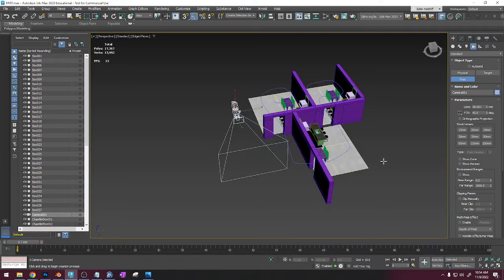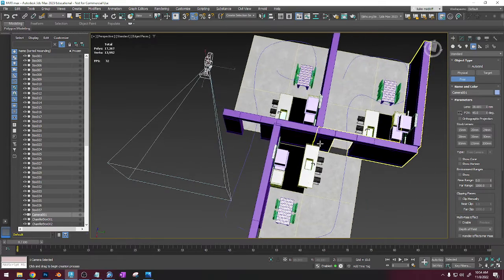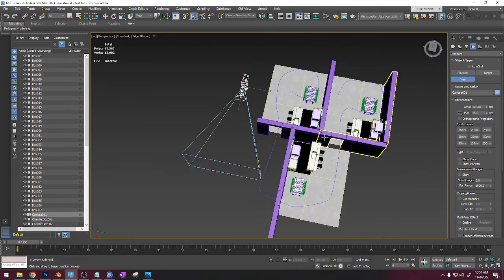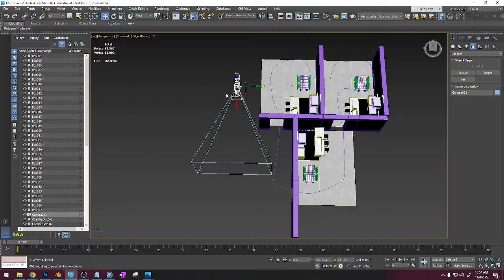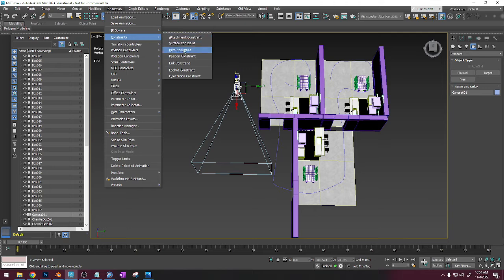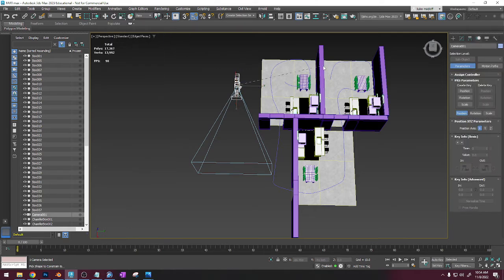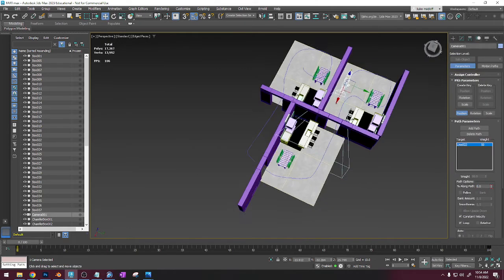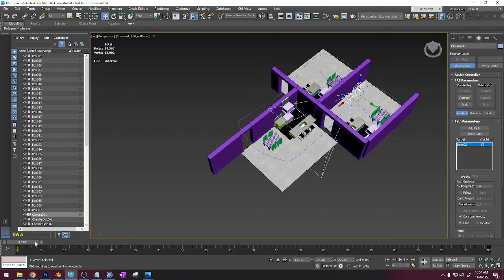Okay, now I'm going to press P to go to perspective view, and now I'm going to start this thing at the beginning of the path. So first what I do is I make sure that I have the camera selected. I'm going to go to animation, constraint, path constraint. I'm going to click this right here, and now I'm going to click the line. And now this thing is going to go to the beginning of the path, and if I drag the scrubber here,